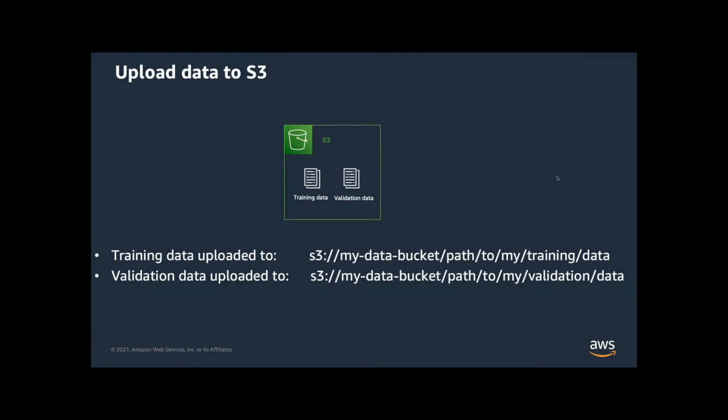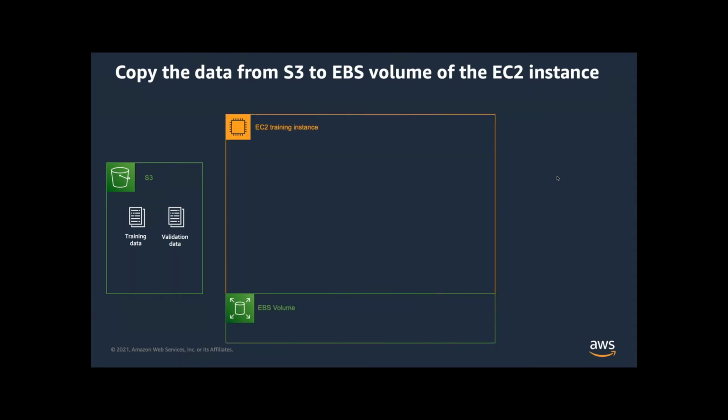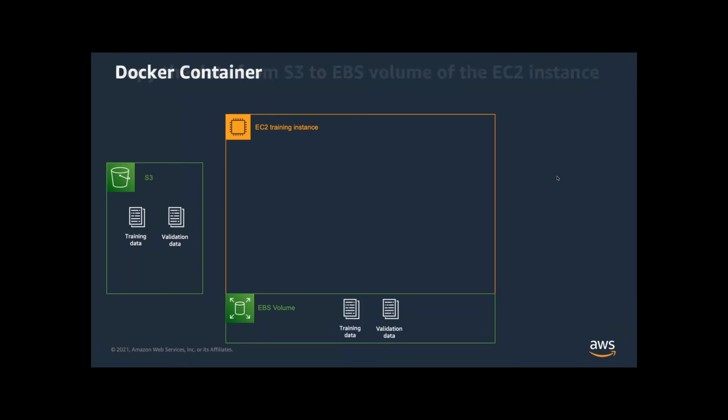What happens is, at the end of the day, you just need to upload data to S3. The training data is uploaded to that training data bucket, and the validation is uploaded to a different bucket. And when the process finished, and this is one example with PyTorch, right? So let's say we have an internal disk, an EBS volume with training data, validation data. Then we'll be using a PyTorch image,